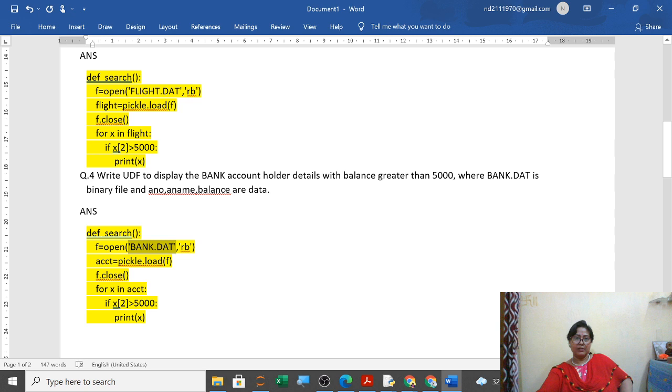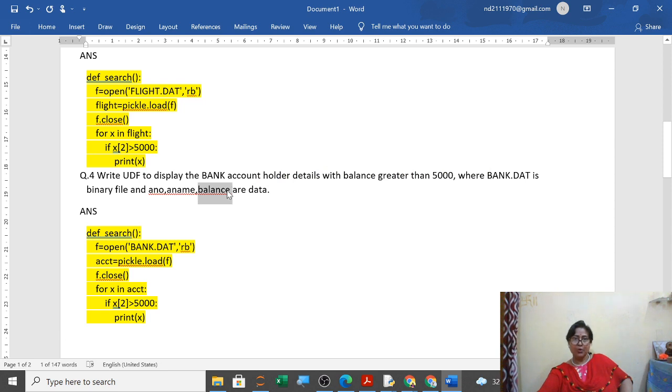The dat file, you have to see from the question paper which dat file is given here. Now see this, if you have to search using the first one, 0 you will write, second one 1 you will write, third, if it is, 2 you will write.